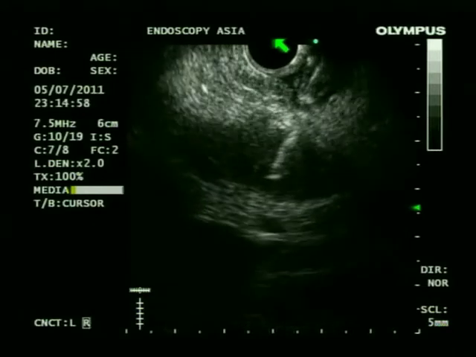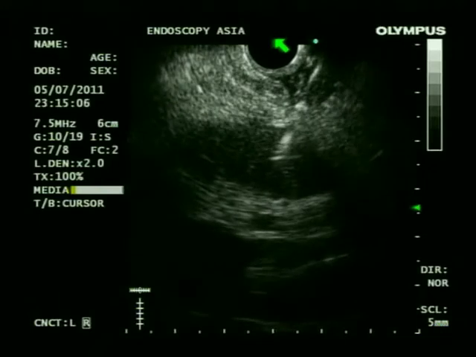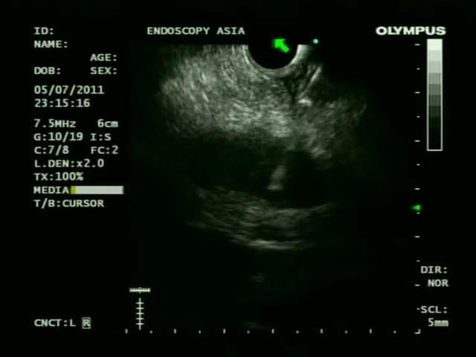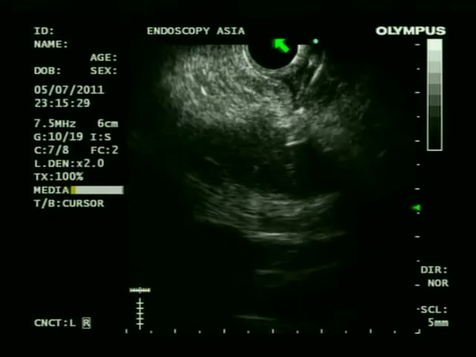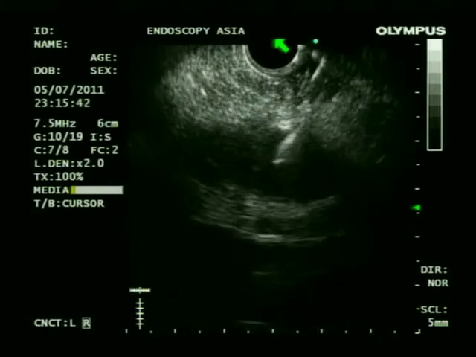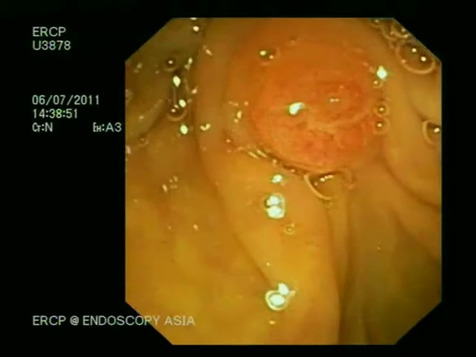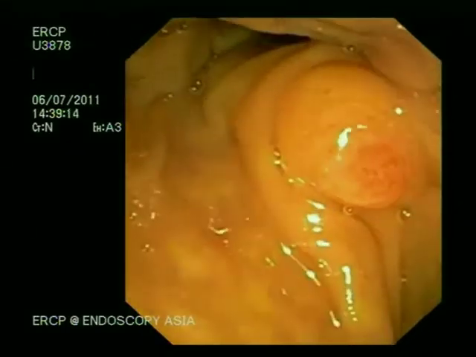So you can see very gentle maneuver, very gentle aspiration, no jiggling movements within the lesion. We have gentle movements here, and maybe couple of passes, and we'll have adequate tissue for examination. Immediately after EUS FNA, we proceeded with